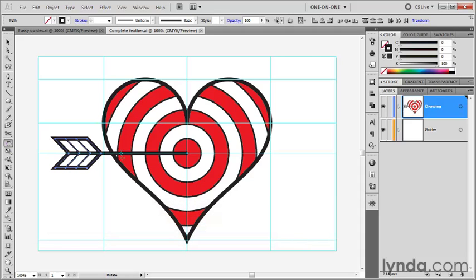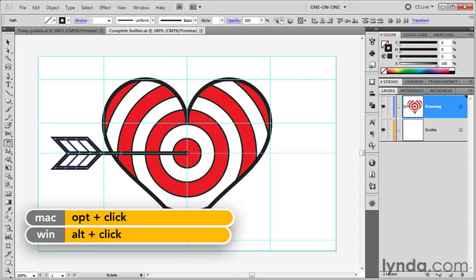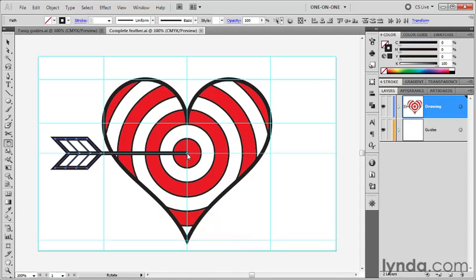We do not want to rotate the arrow around its center. Instead, we want to rotate the arrow around this location right there. And because we know we want 30 degrees, we want to force the display of the dialog box. And as you may recall from having used the Reflect tool, you do that by pressing the Alt key or the Option key on the Mac and clicking at your center of rotation, in this case, which needs to be right there. So Alt click or Option click at the intersection of those guidelines in the center of the artboard,